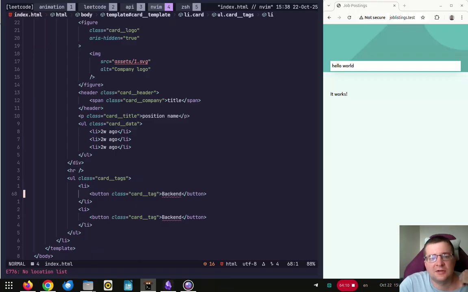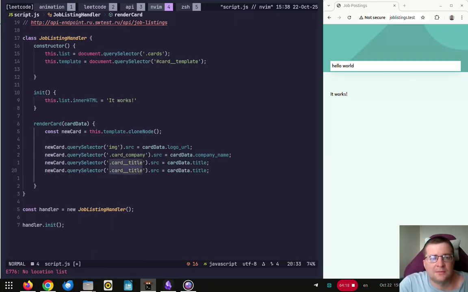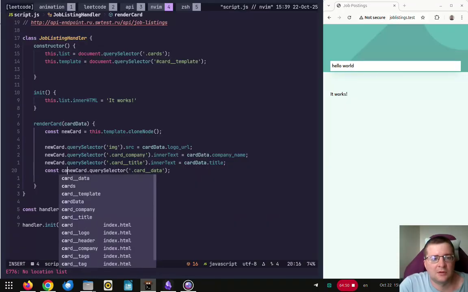We need to empty the card data, and then we need to render the tags. Let's start with the card data first. Oh, you see, I already got the typo here in our text. That's why sometimes copy pasting is dangerous. You have to check what you're copying. This one we need to get, what is this? Card